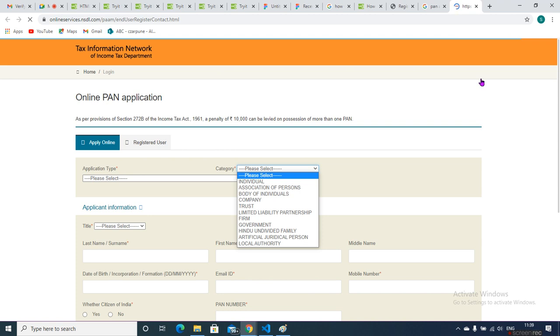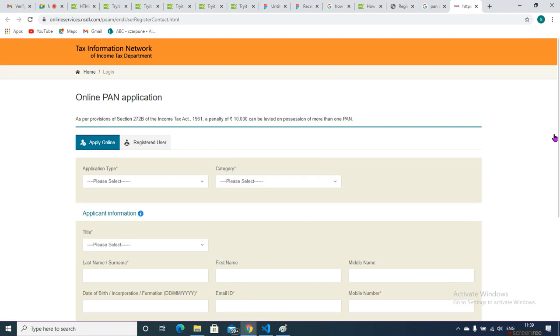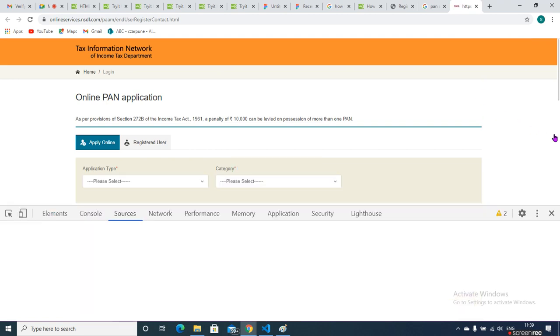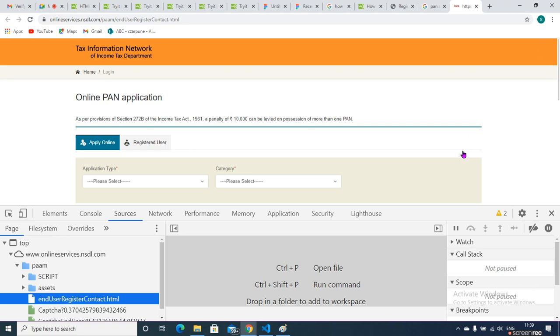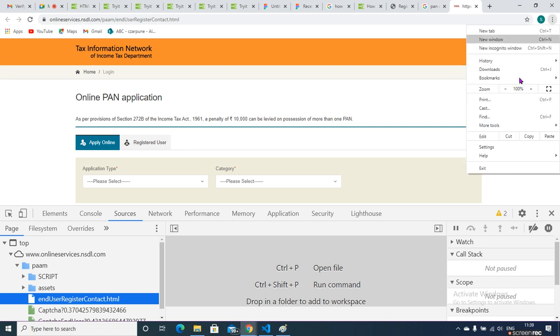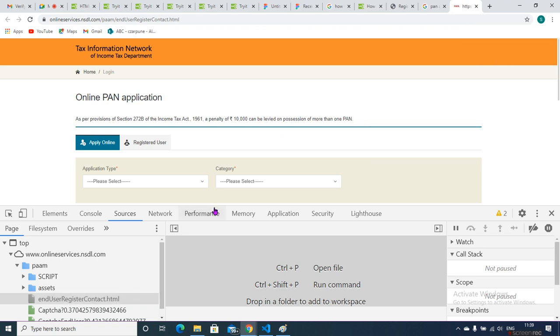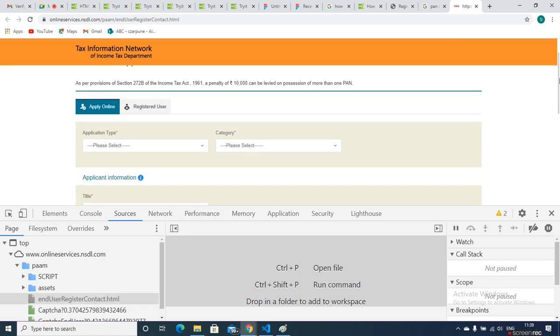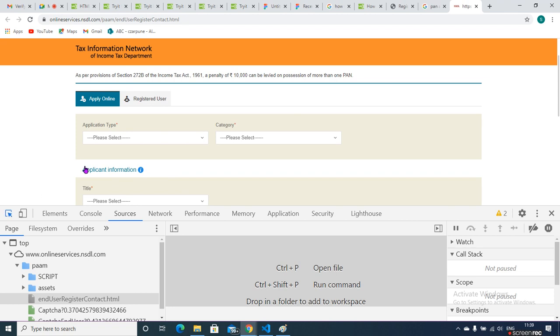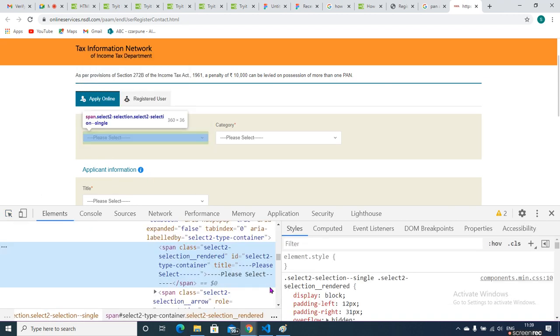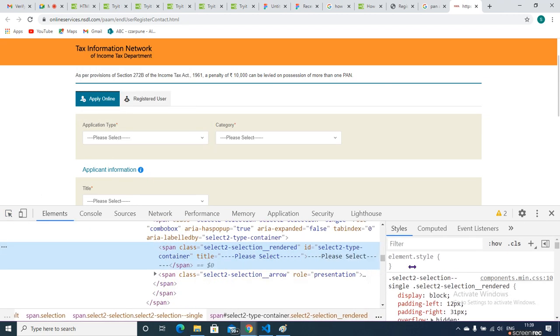Let me load the page, then press F12 for the developer tool. You can open it by pressing F12, or go to more tools and open developer tools. Once you are here, select this.